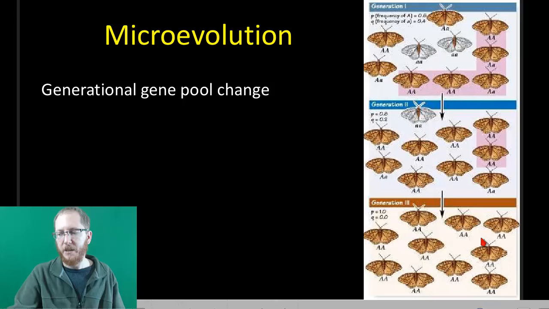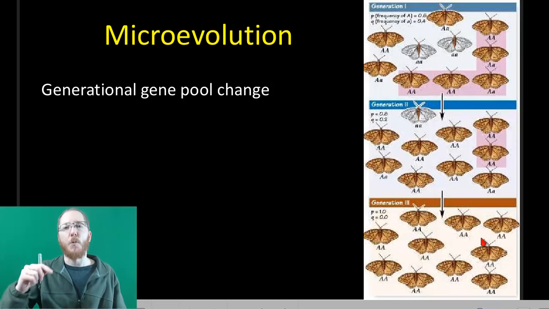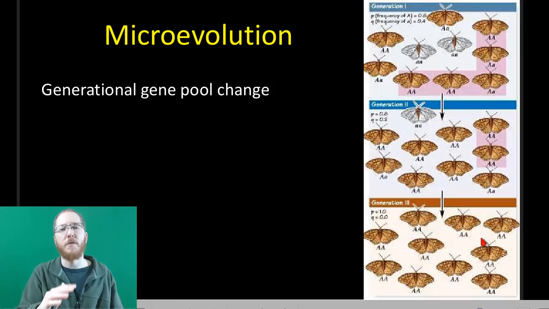Now I'm going to wrap up today just by introducing microevolution, and we're going to go through the 5 types of microevolution and talk about some of the last selection-related stuff in the next podcast. But microevolution is just going to be the generational change in genetics in a population. So this means from one generation to the next. You know, what are the shifts where we see maybe a new allele come in, maybe an allele leaves, maybe